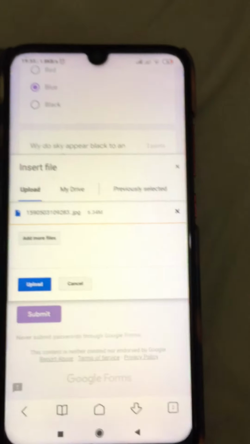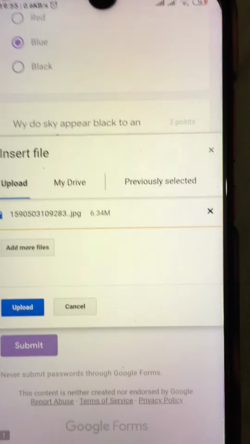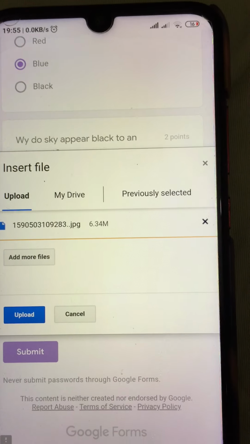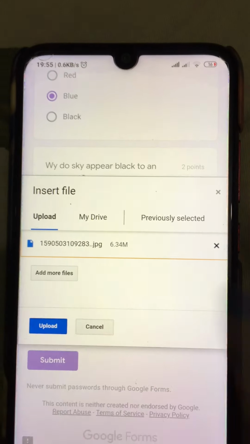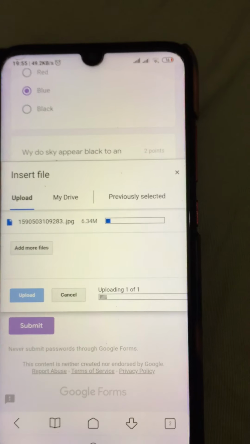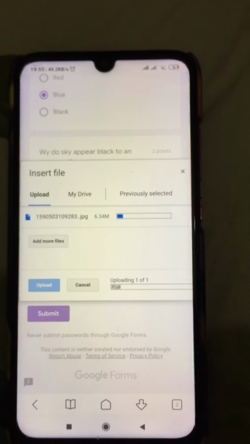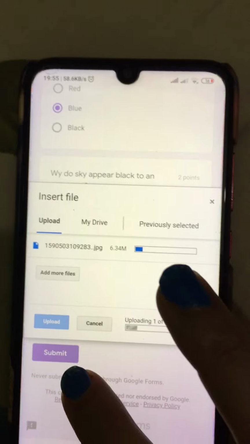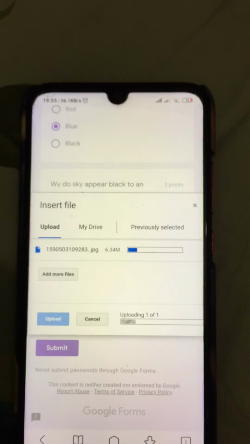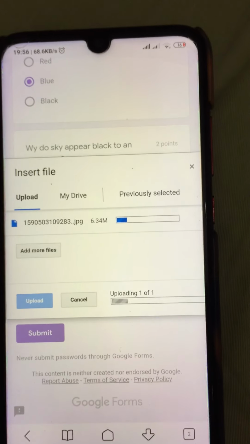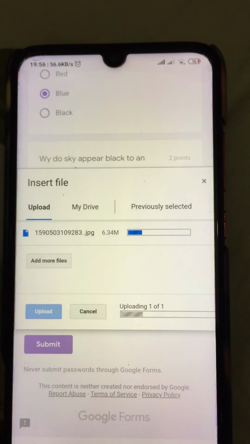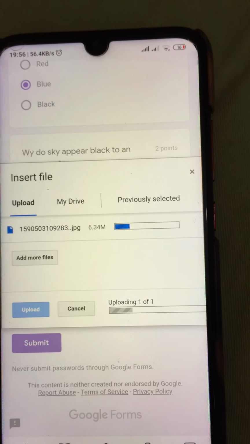The size has been selected by the teacher. So like this you can add the files, and then finally you have to click the option upload. So the file is being uploaded here. When it is fully uploaded, you just click the button submit. Okay, it's always better, instead of taking images, to type it on WPS Office, that I will explain in another video, how you can type there, and even in that you can click the picture and add a part of the picture.